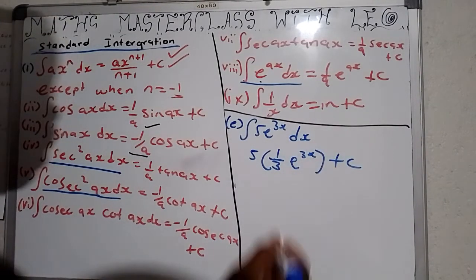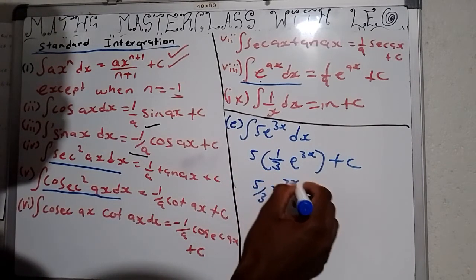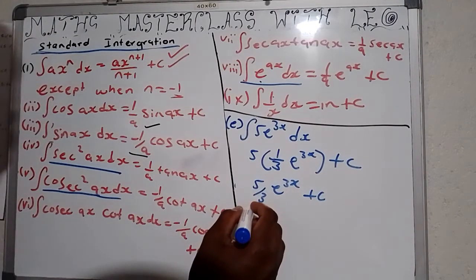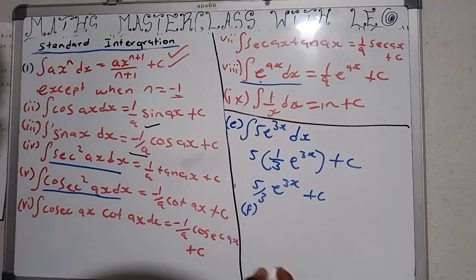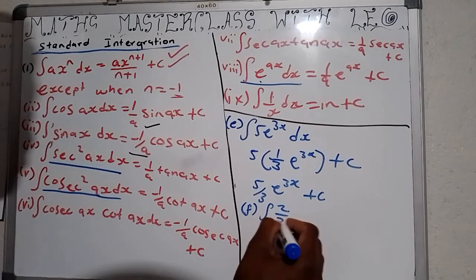So about that, this will give me 5 over 3 e to the power 3x plus c. That is my solution, right? Next question is f, and what we have to integrate is 2 over 3 e to the power